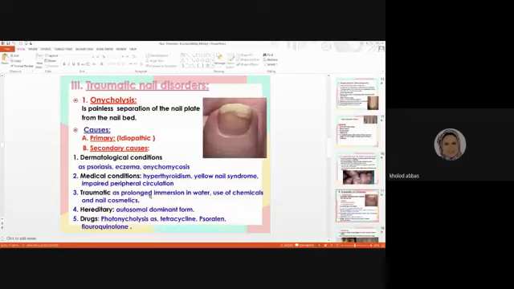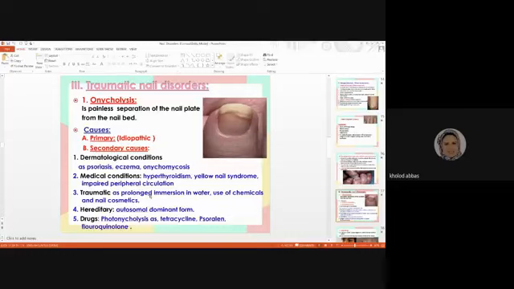Our third section today is traumatic nail disorder. The first example is onycholysis, which, as we said, is painless separation of the nail plate from the nail bed. Causes are either primary, which is idiopathic, or secondary to other conditions, for example, as we said, psoriasis, dermatitis, onychomycosis, medical conditions, hyperthyroidism, and yellow nail syndrome, which is